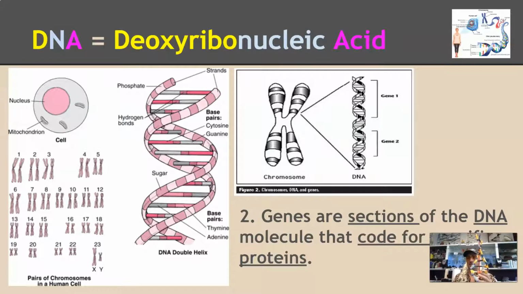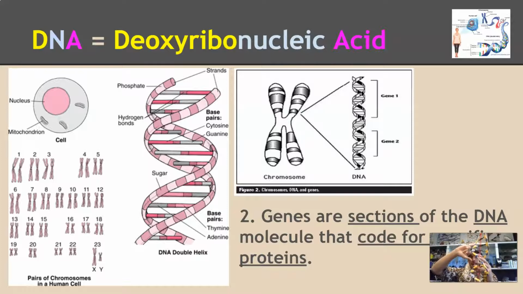contains many different genes. Okay, we hear this term genes, right? Genetic engineering, genetic information. Well, all of that is your genes, right? You are a collection of thousands of different proteins, right? You have all kinds of different proteins that make up your body, but also control your body, right? They're your hormones, they're your blood, they're your antibodies, they're your hair, they're your skin, they're your muscle. And what makes those different proteins, right? Well, the code for that is in the genes themselves. Genes are sections of your DNA, a section here, that is the code for a specific protein.